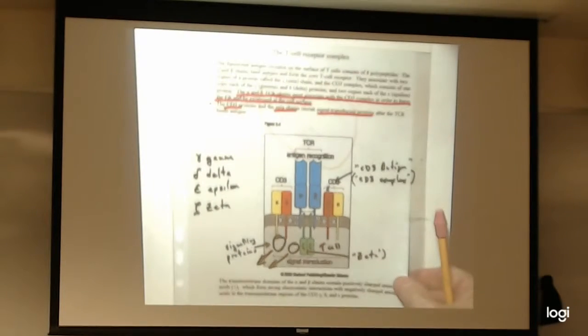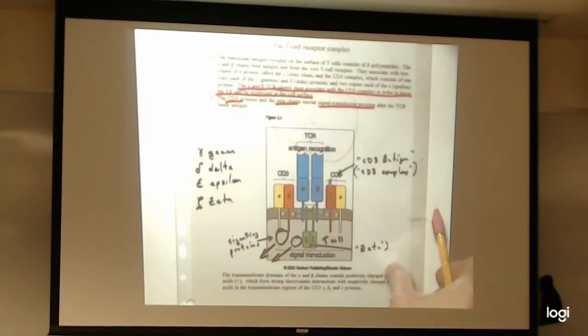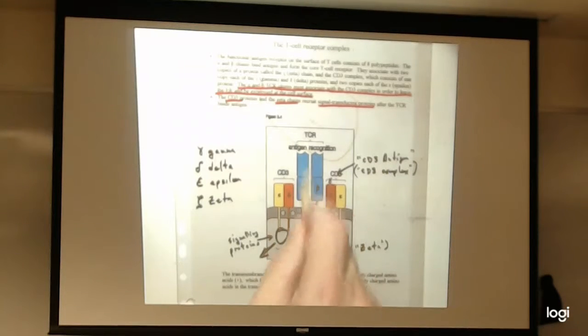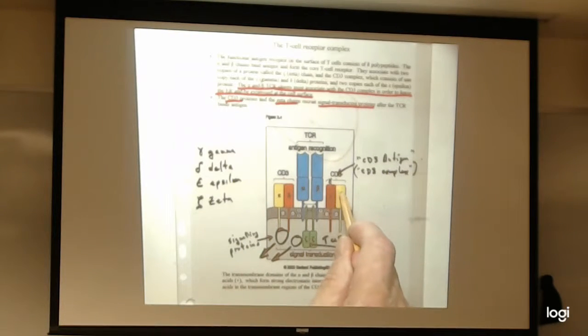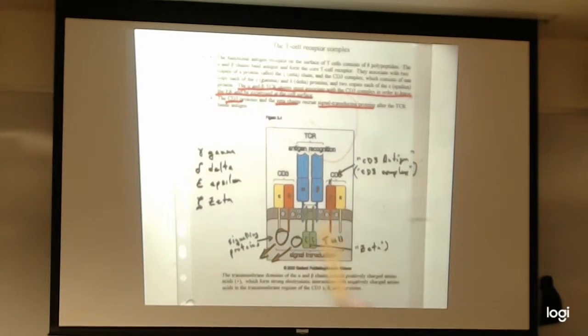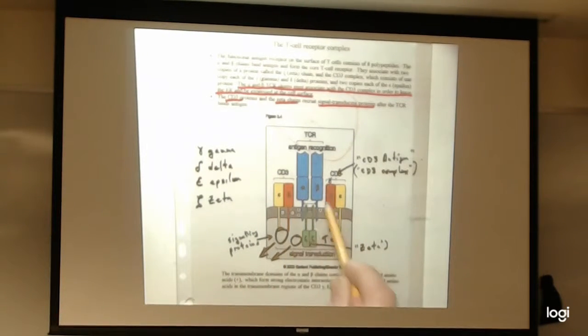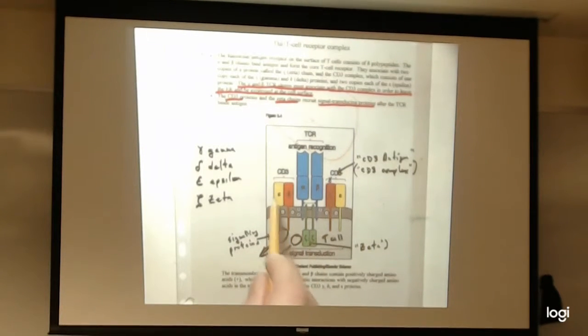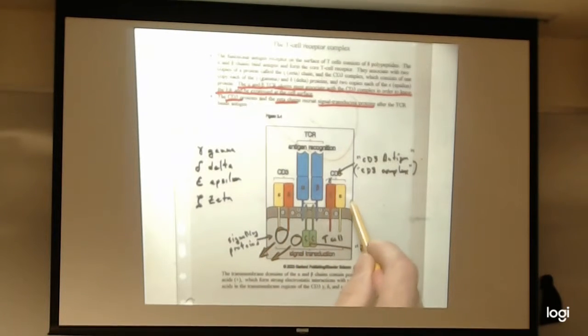Now, the T cell receptor, there's a bit of a semantic ambiguity here. Whenever I ask you exam questions about this, I'll try to make clear what I mean. We speak of the T cell receptor, but actually in T cells, this is always found together with partner proteins. A set of proteins, 4 different kinds of proteins: two epsilons, a delta, a gamma, and then a pair of zeta chains here. So we have yellow, red, and green accessory proteins here.